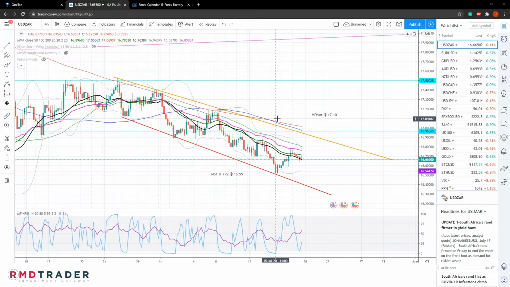Moving on to the chart, our target of 16.55 Rand was briefly hit last week, and we saw some strong support at that level, with price quickly finding support and moving back up. And then at this stage, we can now see that this lower part of the channel is now also acting as a dynamic support area, and should price manage to break below, and I'm just going to enable or project